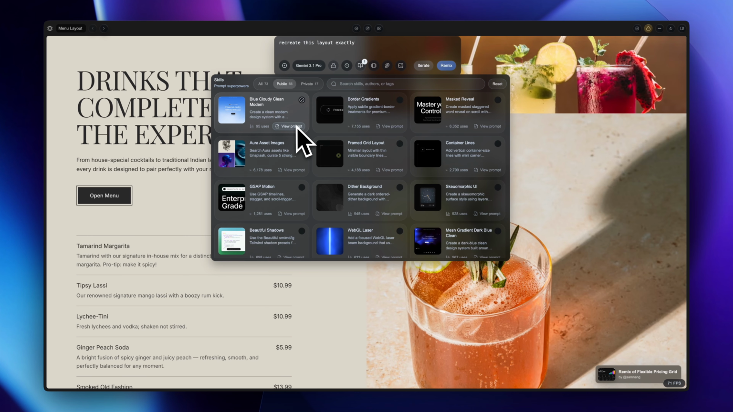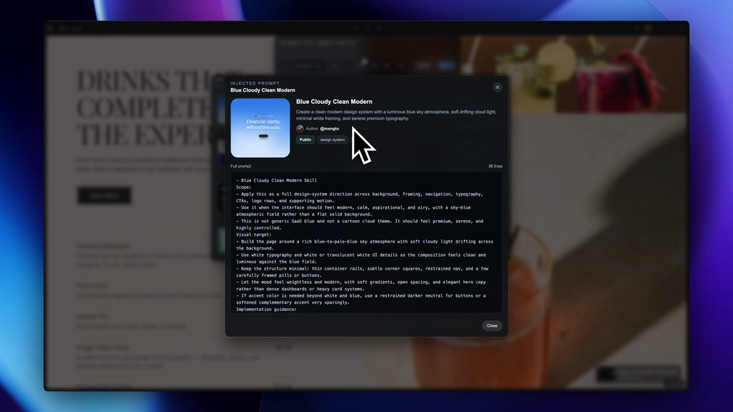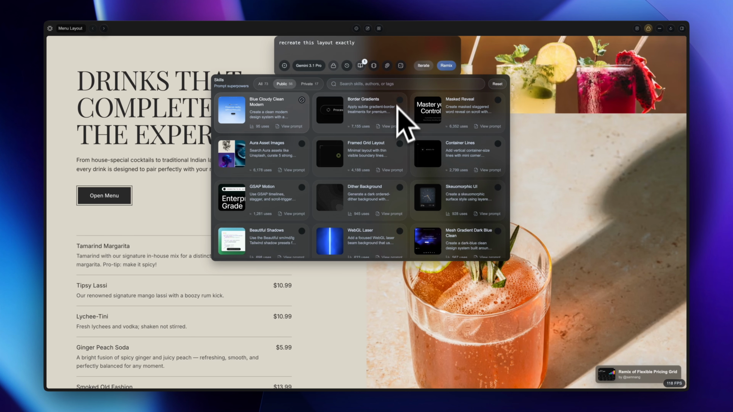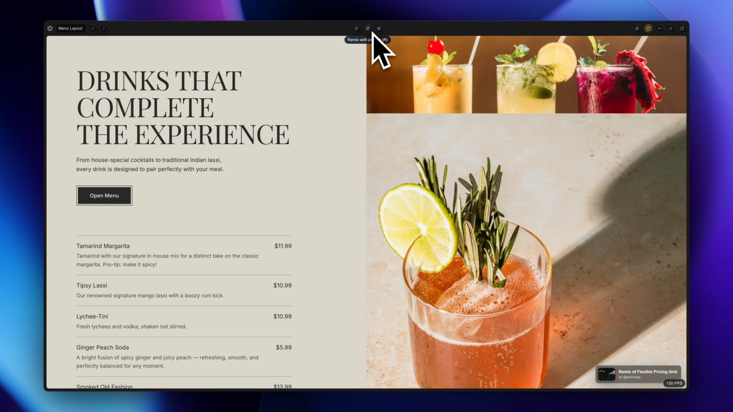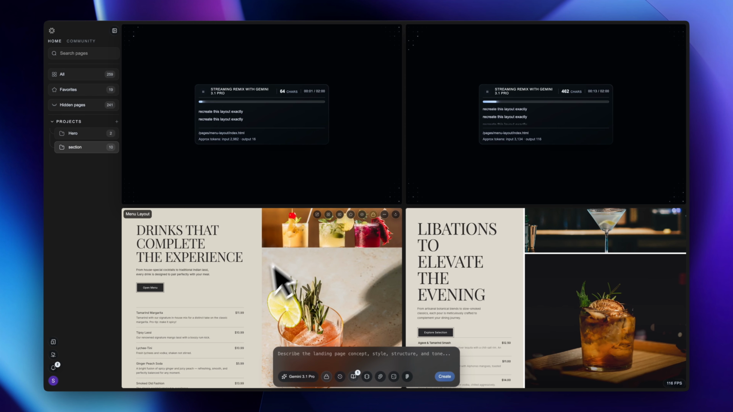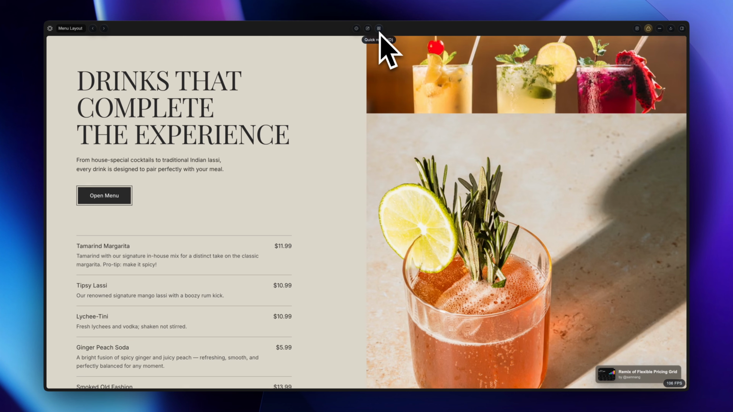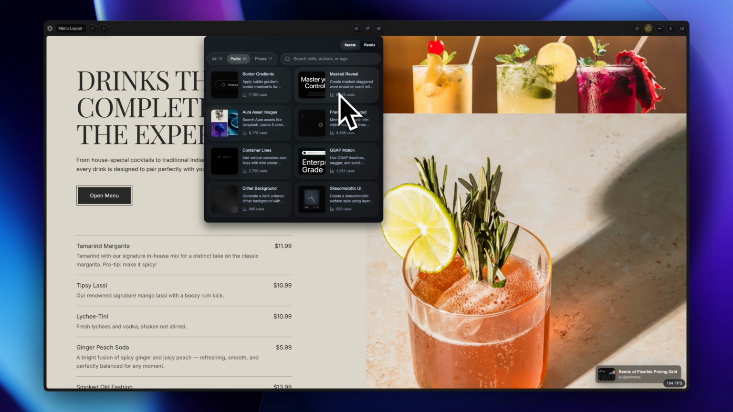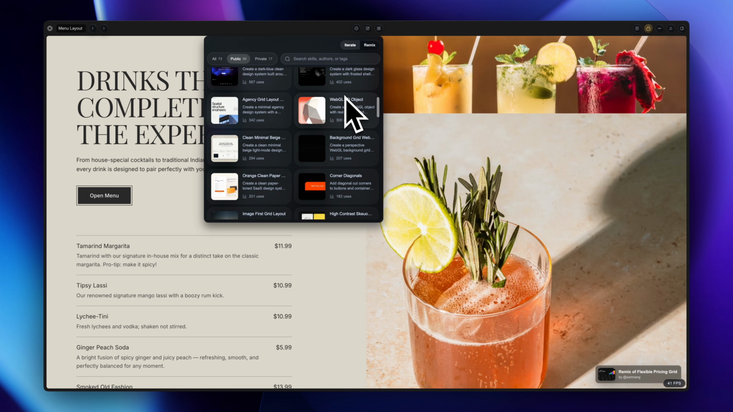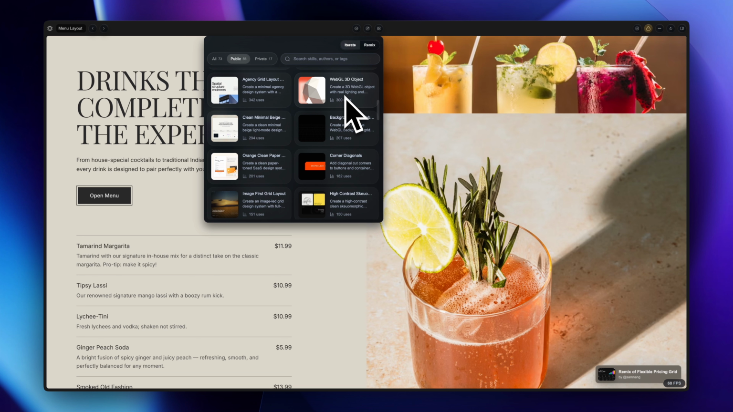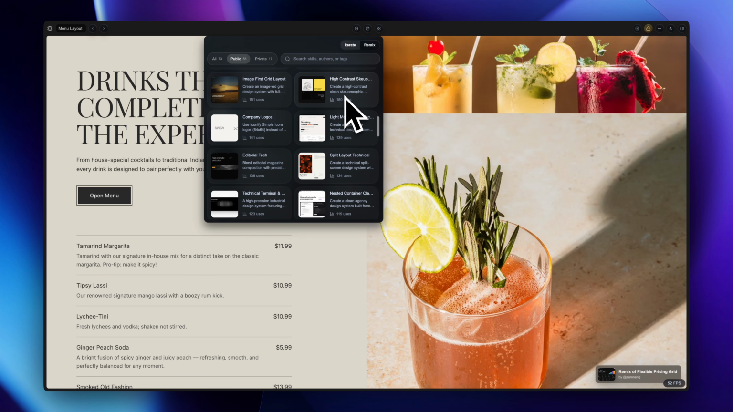So for this example, I choose one called Blue Cloudy Clean Modern. Apply the skill and test both iterate and remix again. And then you have another option called Quick Remix. You cannot add a custom prompt and you can only apply one skill at a time. But if your goal is to create a bunch of variation quickly, this is probably one of the best features